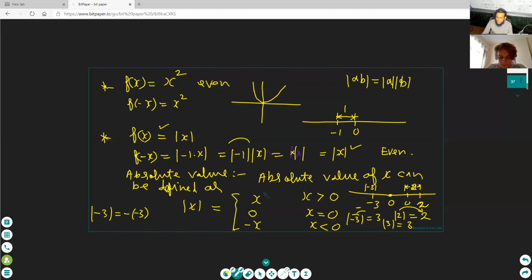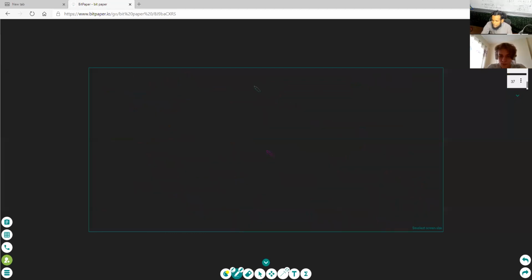Then we will use two cases in our inequality questions. For example, in the previous day, if I have this, there are two cases. Case number 1: when x is greater than 0, we write the absolute value equal to x. Our inequality will be x less than 3. Clear? Case 2,